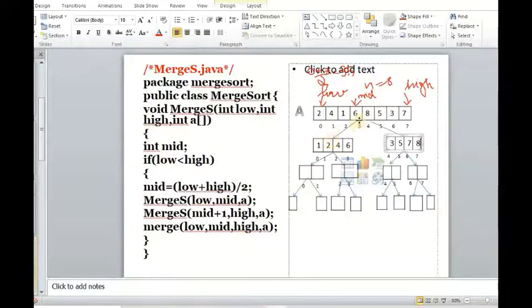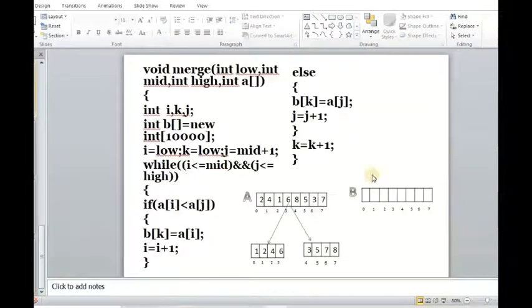Just assume that first I have this whole array, I have divided into 2 equal subarrays by finding the mid position. Next, these 2 subarrays I have sorted. So the first part I have sorted and the next part I have sorted. Okay, so before going for that merge method, what I have is this array with 2 sorted subarrays, right? I have 2 sorted subarrays.